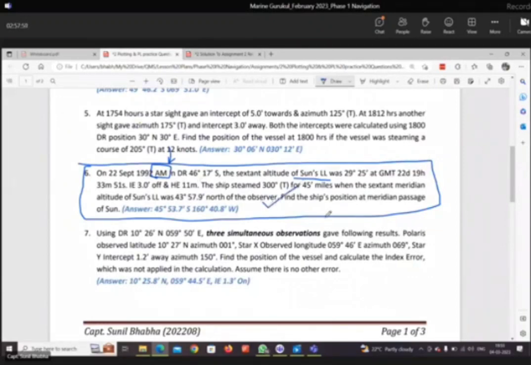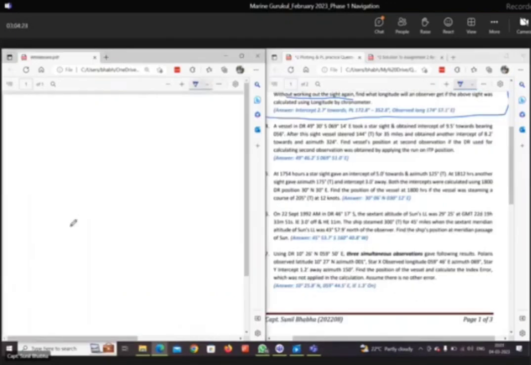एक जो इंटरसेप्ट को अपन शिफ्ट करते हैं तो एक तो डीआर से करते हैं, एक आईटीपी से करते हैं सर। तो क्वेश्चन में दिया होता है कि आईटीपी से करना है, डीआर से करना है, बट अगर दिया नहीं है तो फिर कैसे सर आईटीपी वाला करेंगे या डीआर से करेंगे वो? बेटा कोई क्वेश्चन है ऐसा आपके पास? अभी सर ग्रुप पे है सर, देखता हूँ मैं, उसमें यही शायद उसमें लिखा हुआ नहीं है, देखता हूँ सर। एक बार देखो बेटा, मुझे दिखा दो वो क्वेश्चन अगर है तो।